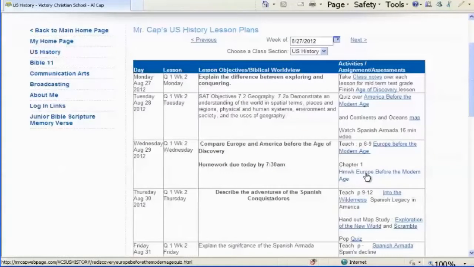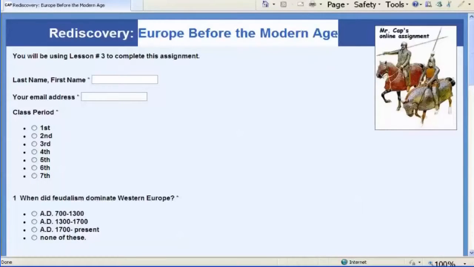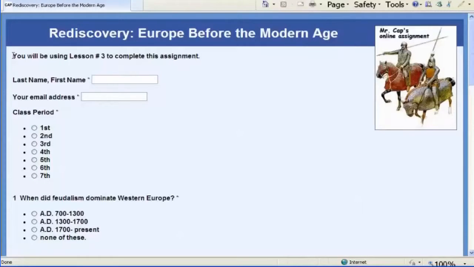And this one here, just click on this and you can see Rediscovery, Europe Before the Modern Age quiz. And it says right here at the top, you'll be using lesson number 3 to complete this assignment. So that's what we do. Now, what I normally try to do whenever I'm completing a homework assignment in U.S. history class